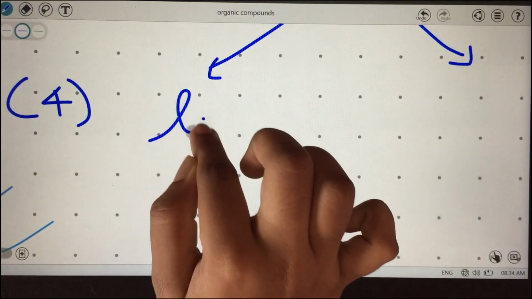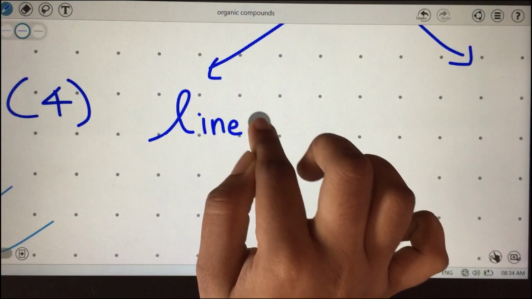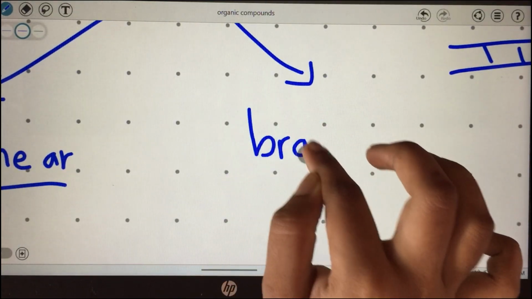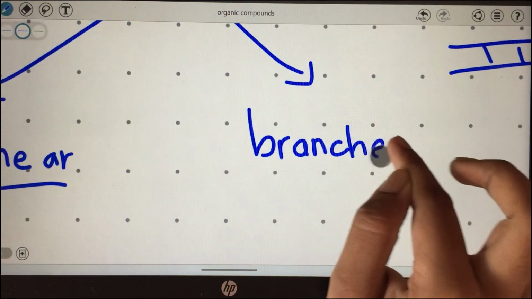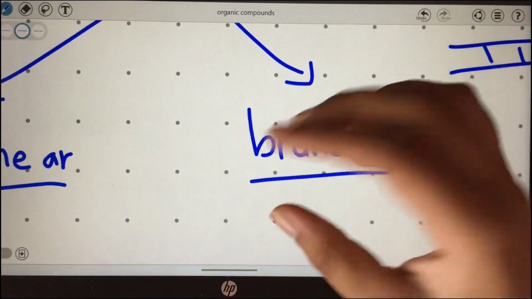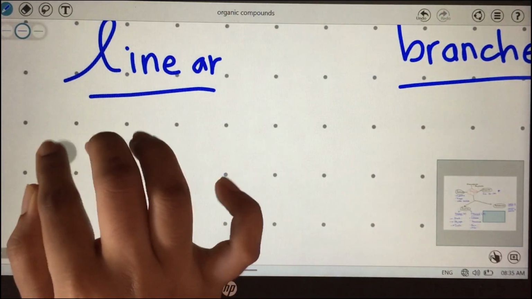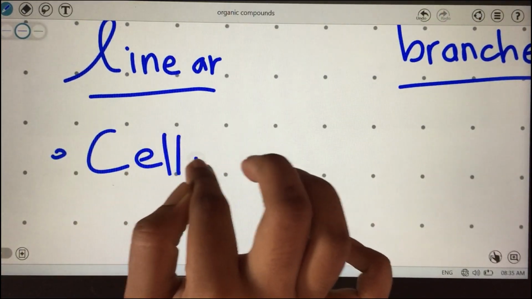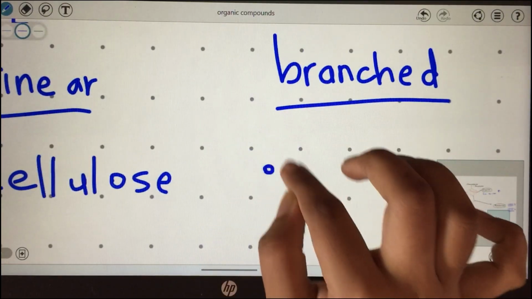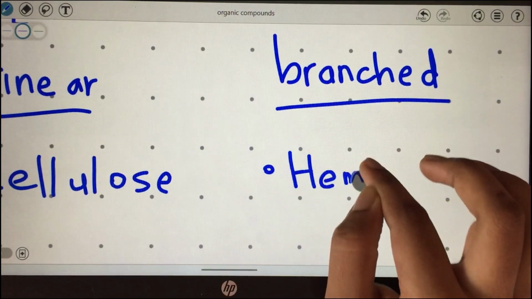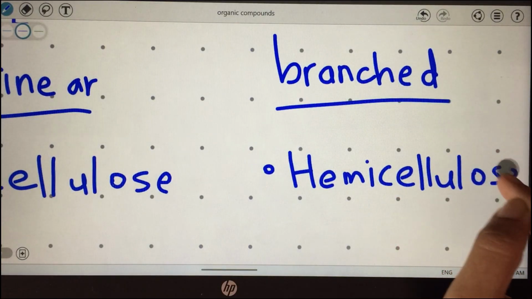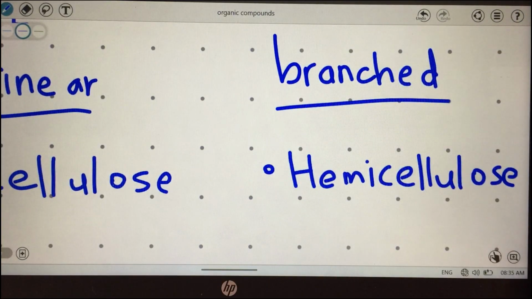So what are the linear polysaccharides? When you see the name itself, linear ones have a simpler version of the same name, but the branched versions have a more complex name, like you can sense it. For example, cellulose sounds very simple, no? But hemicellulose sounds a bit more complex. Why? A few cellulose are stacked together and they are going to have cross links, something like that. Do you sense that feeling?